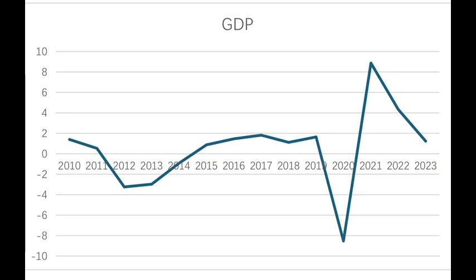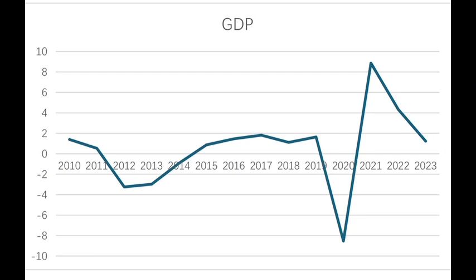Through this model, we can analyze the relationship between total demand, employment, and international trade, especially the interaction in an open economy, and what change will occur in wage and exchange rates. We can see from Figure 1 that GDP has been on a downward trend since 2019, which shows that the economy has been hit by a negative demand shock.